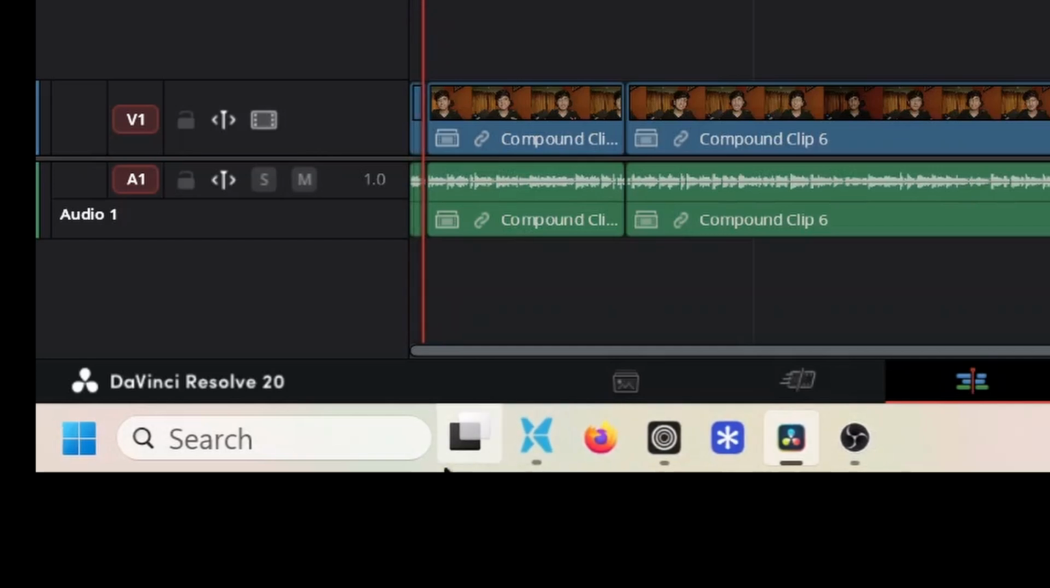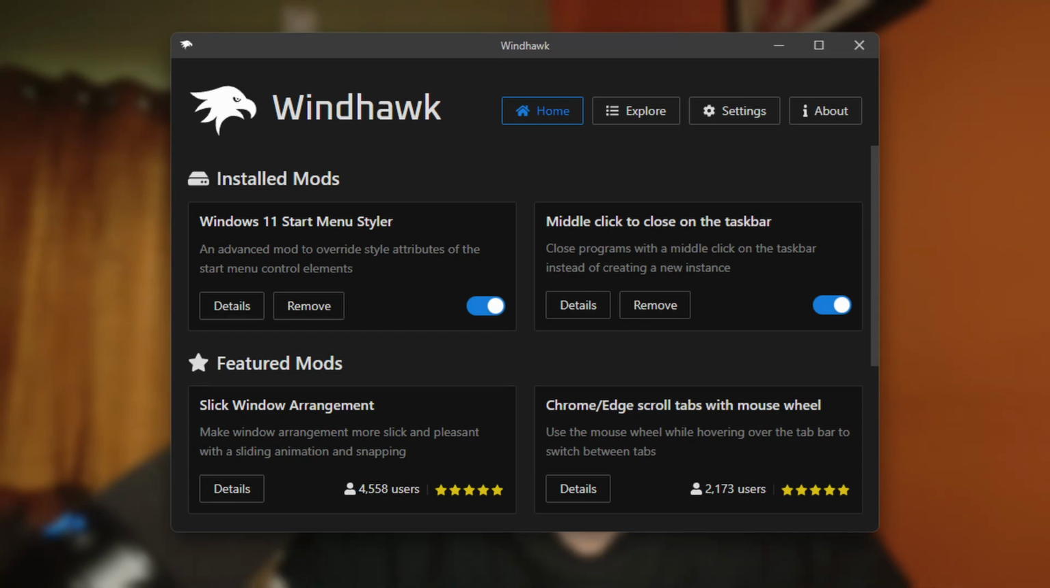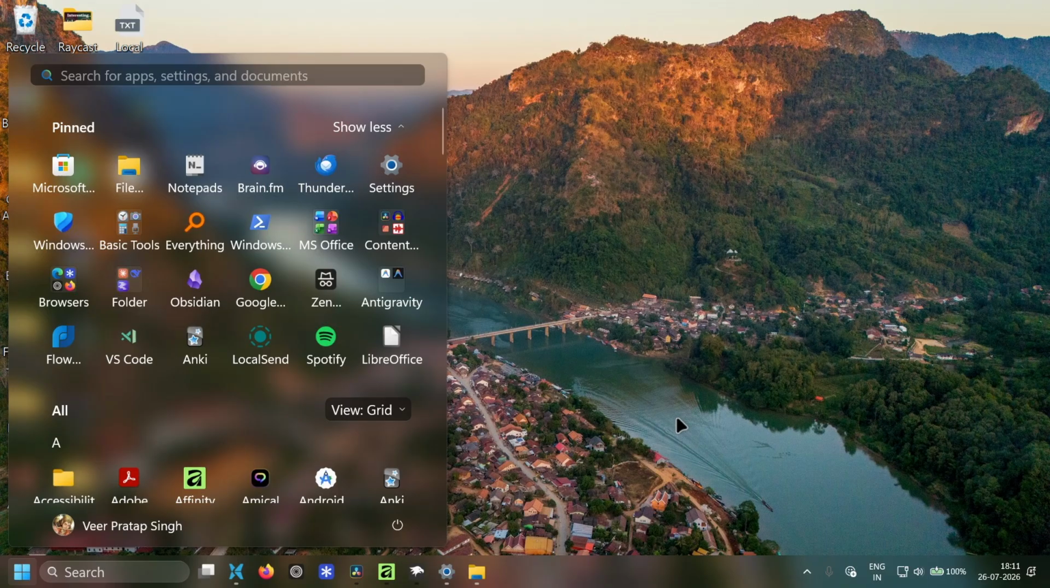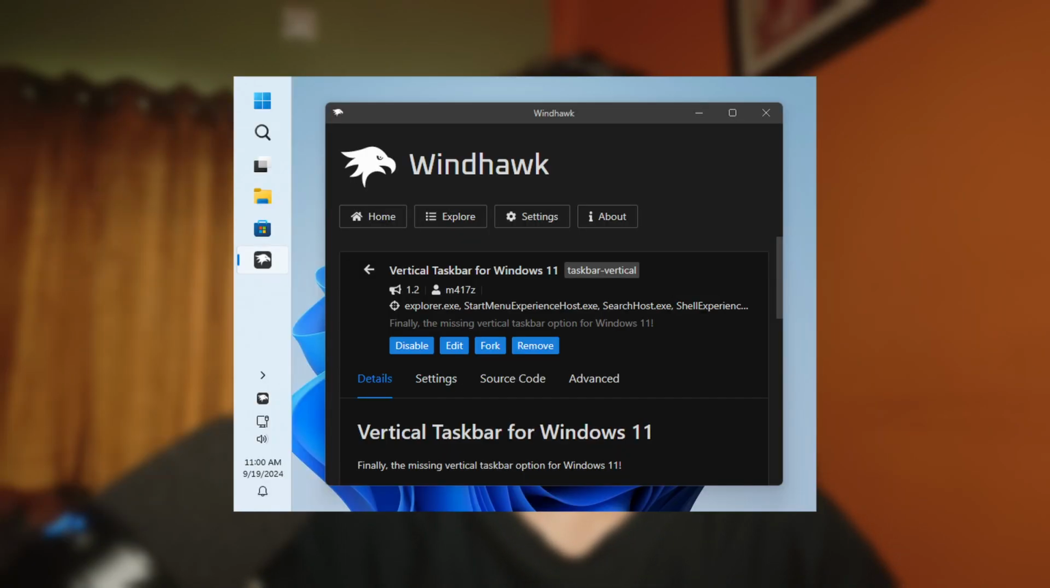WindHawk. This is the app that's giving my taskbar a smooth macOS-like animation. WindHawk is a Windows 11 modding app that allows you to make small but meaningful tweaks to how your Windows looks and feels. There are also a lot of other mods that allow you to make your taskbar, the start menu, the notification area, and your file explorer transparent like this. And there are a lot of other mods too that allow you to make many other customizations, like making your